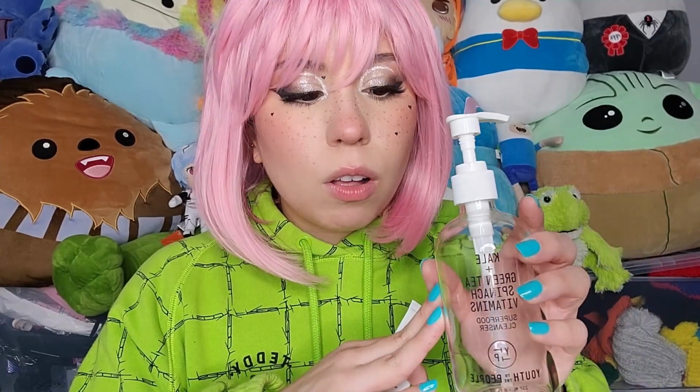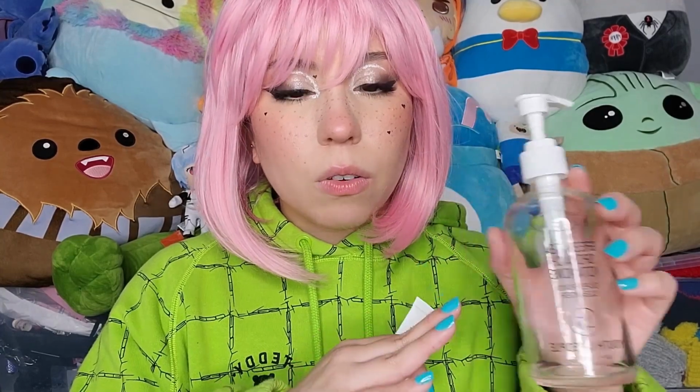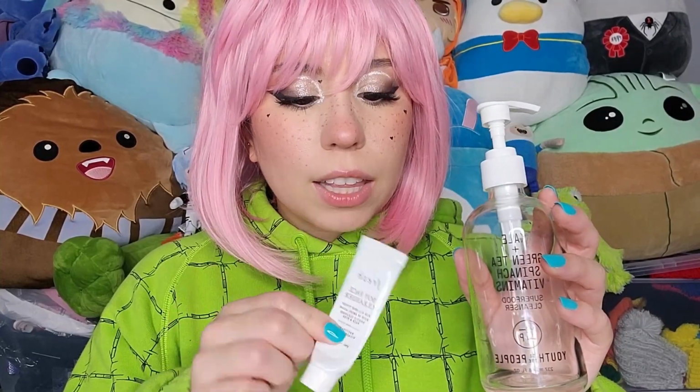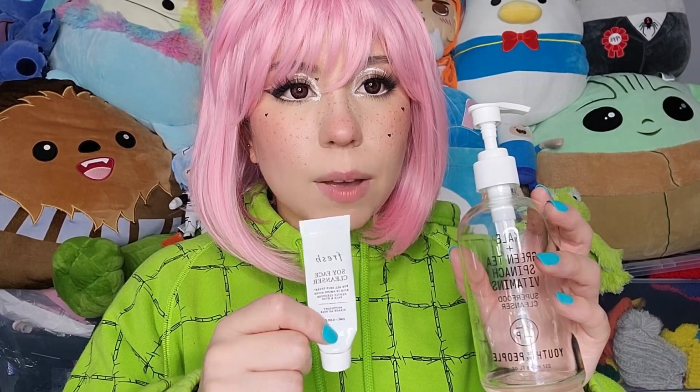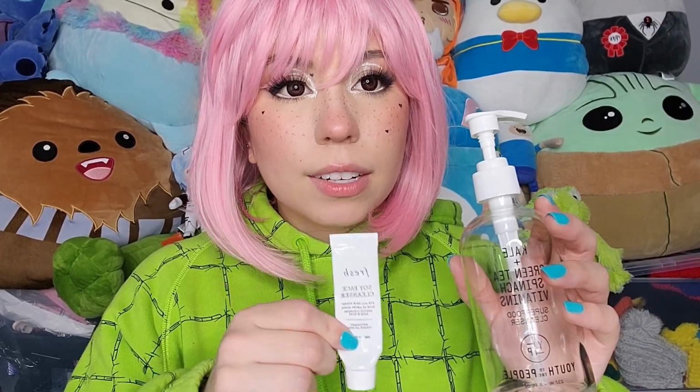I always recommend this to people when they're getting into skincare. I just feel like it leaves your face clean, but it doesn't overly strip your skin, and I just really like it. I wound up getting this fresh one as a sample when I bought a moisturizer, and I really